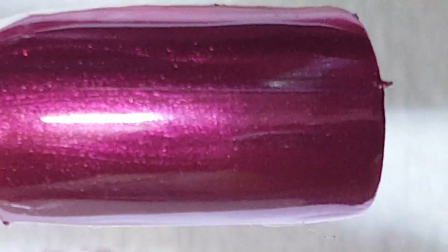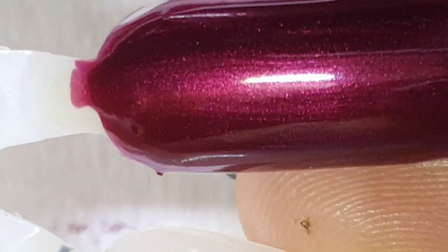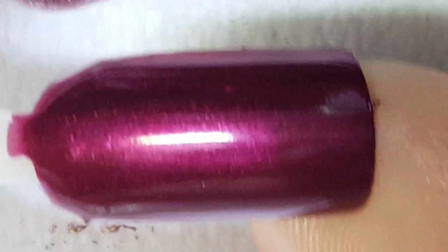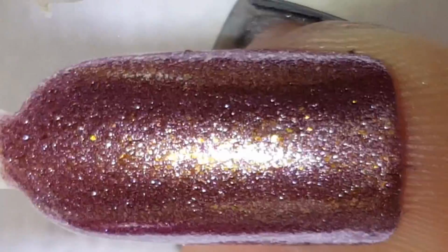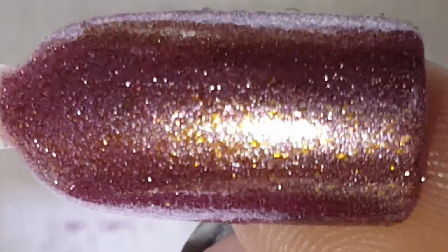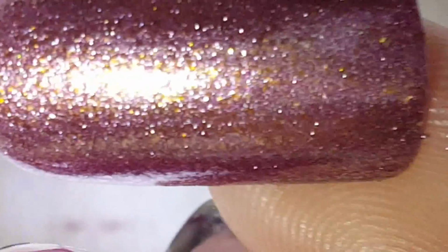Here is Defined Good. Let me back it out just a little bit. Okay, so there is Defined Good, and it's a very nice berry shimmery. Here is Strike Up a Cosmo Creamer, with all those nice gold glass flecks. Then we have Baby Poop, which really isn't a flattering color,